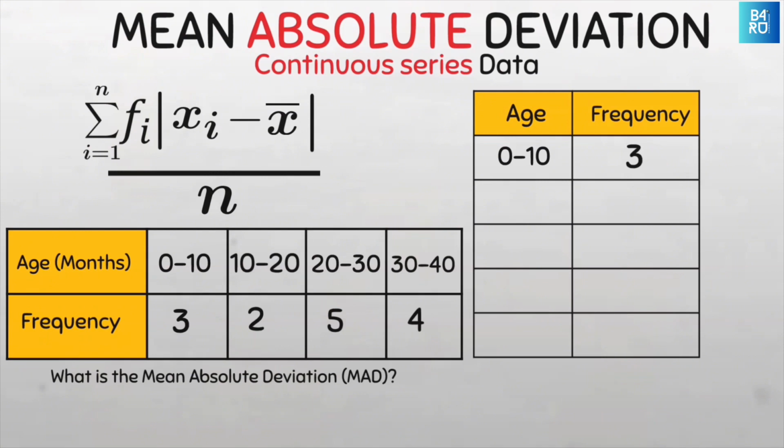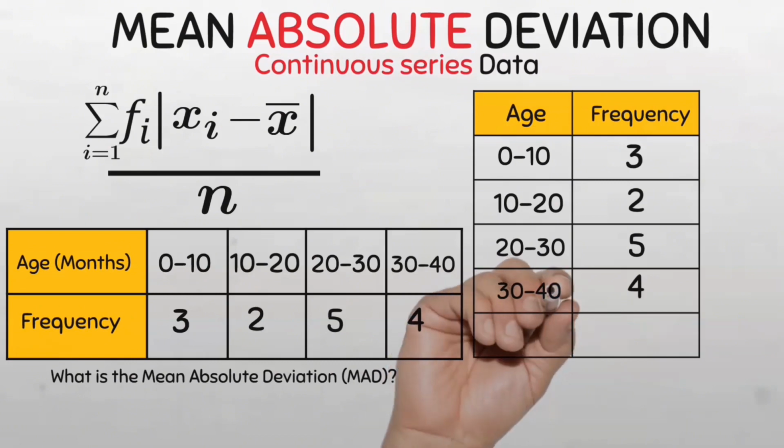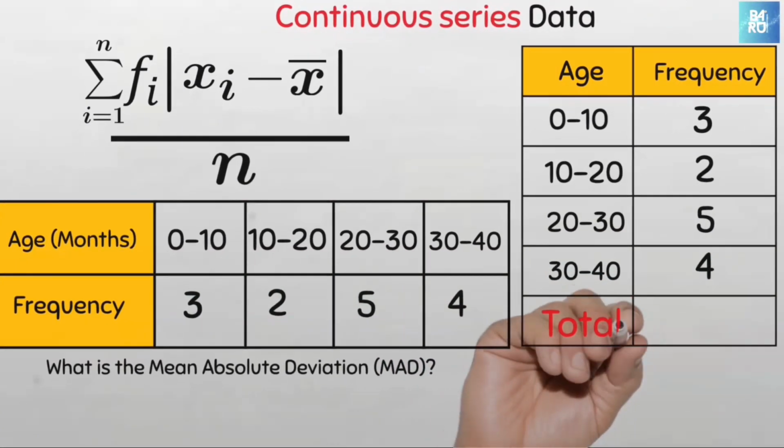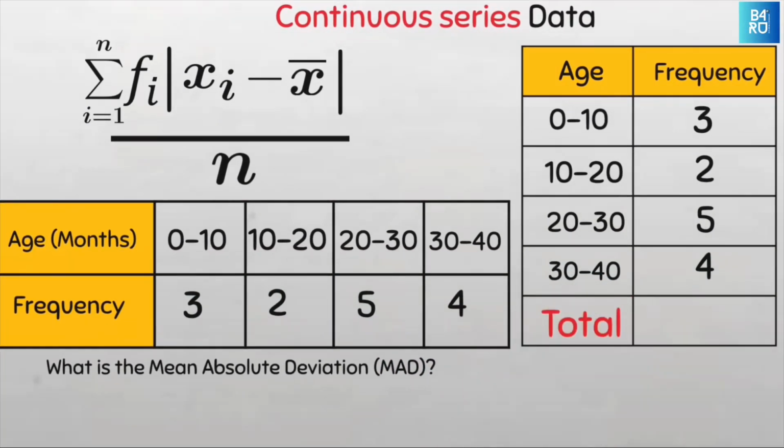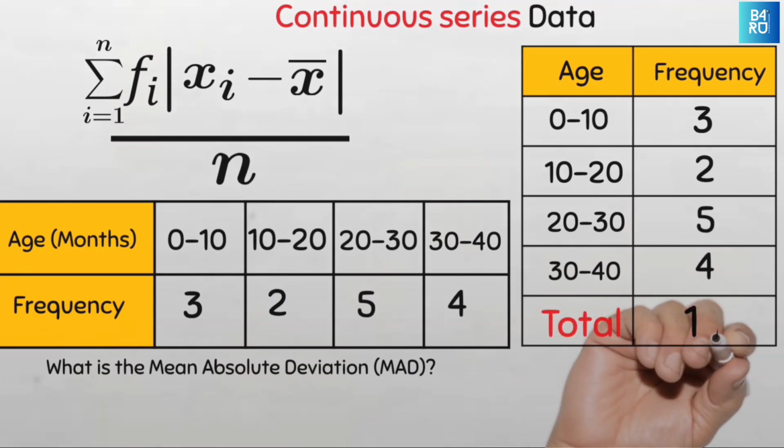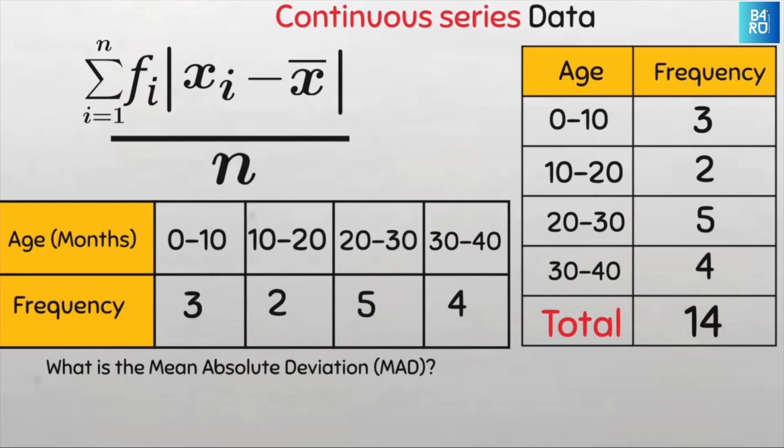So let's continue. Then there were only 2 children who were between 10 and 19.9 months old, 5 children between 20 and 29.9 months old, and 4 between 30 and 39.9 months old. So the total number of children is 3 plus 2 plus 5 plus 4, and that will be 14. Awesome. Now to apply this formula, let's first represent the data we have in this table with the proper statistical